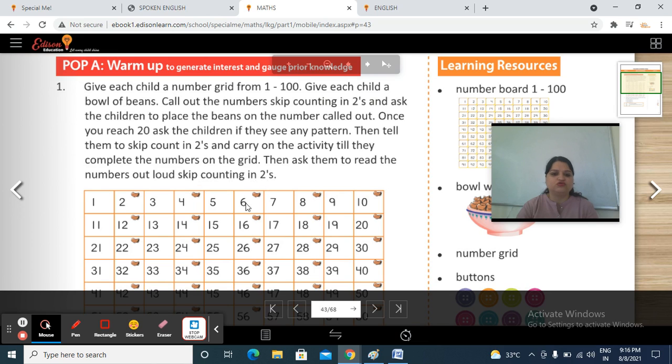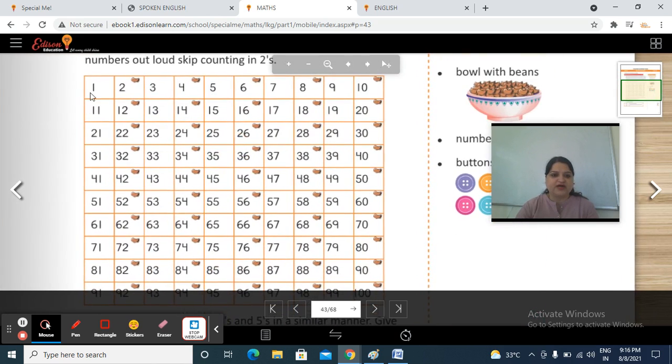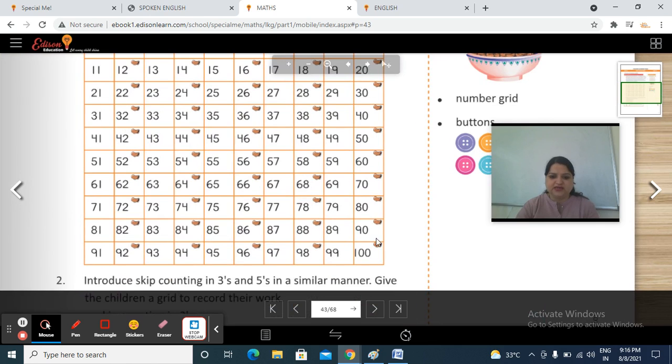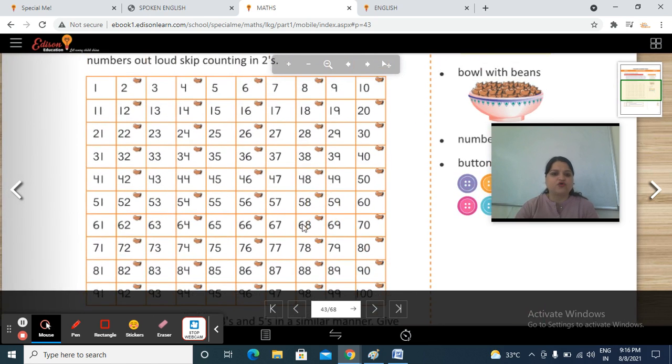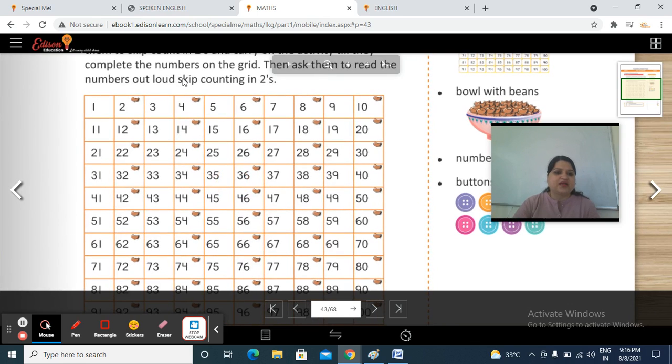Skip counting in twos. Now, once we have completed this activity, then you have to call out numbers like 2, 4, 6, 8, 10, 12, 14, 16, 18, 20, 22, 24, 26, 28, 30, 32, 34, 36, 38, 40, like this.